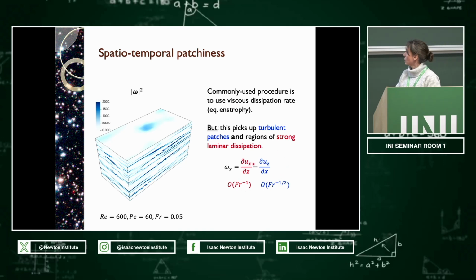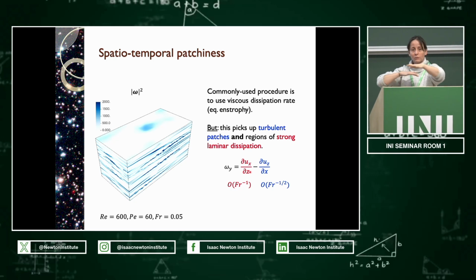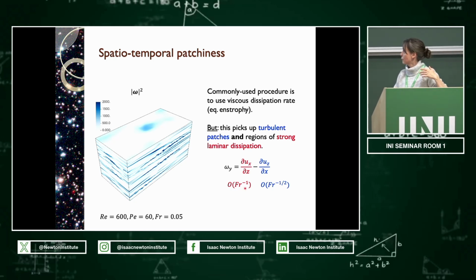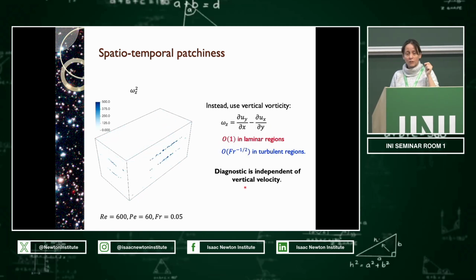And this one is bigger than this one. This is the bits that would come from the turbulent patches, you know, lots of small scales in the vertical velocity field. This is simply these large laminar regions that are flowing past each other. And therefore, the entropy is actually more sensitive to the laminar regions than to the turbulent regions. But once you realize that, the answer is quite easy because we just pick up the vertical vorticity instead,